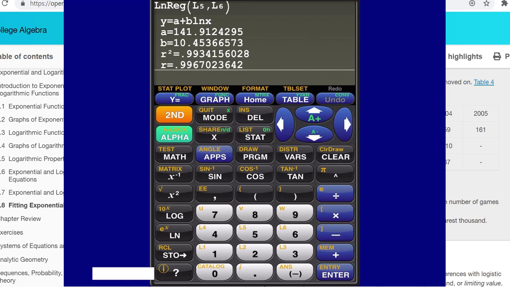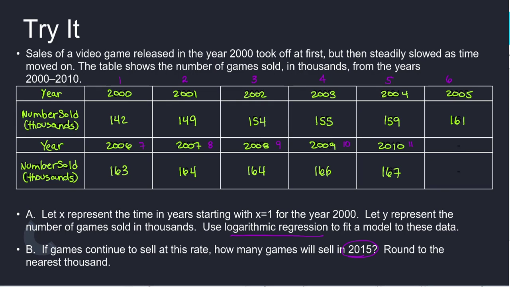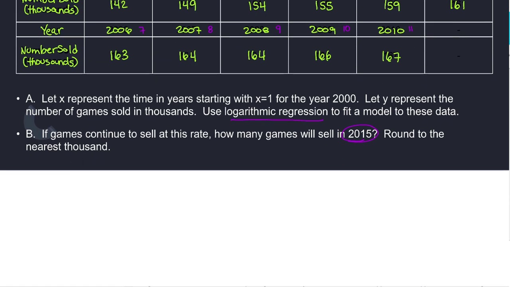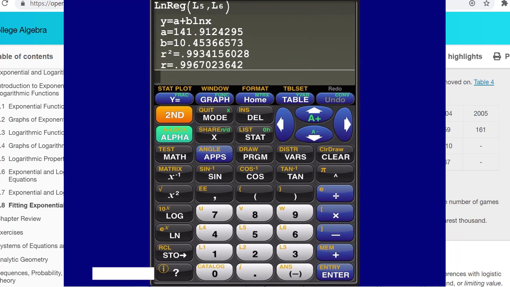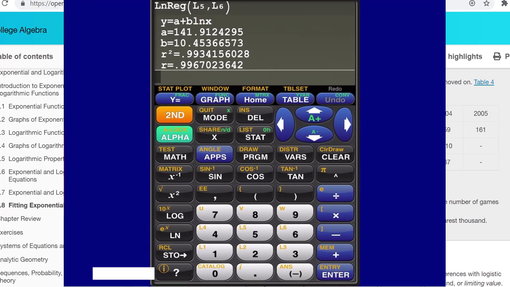And it looks like my equation is y equals 141.9124. So for part A, y equals 141.9124. Just write into the fourth decimal place, plus b, which is 10.4537